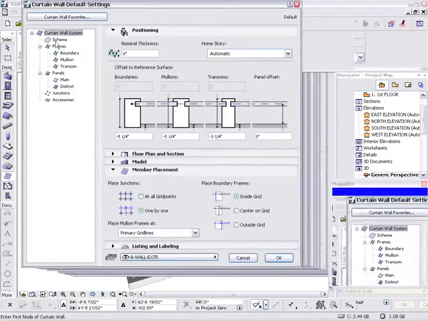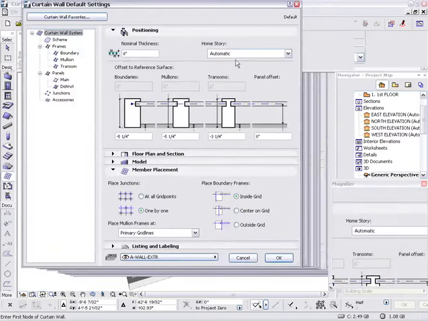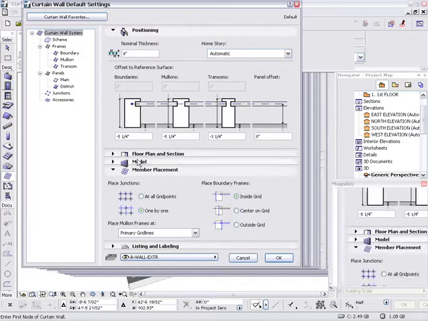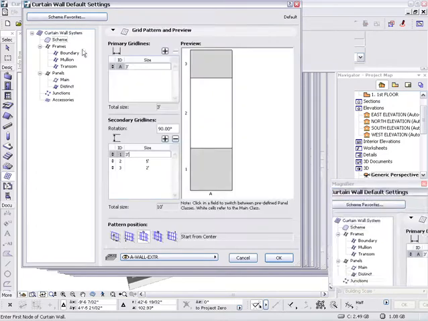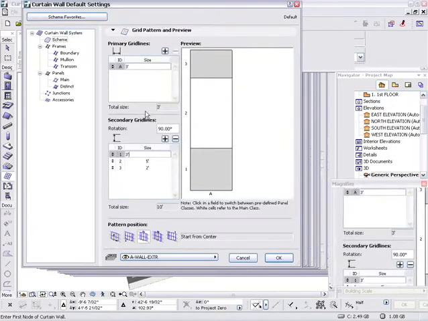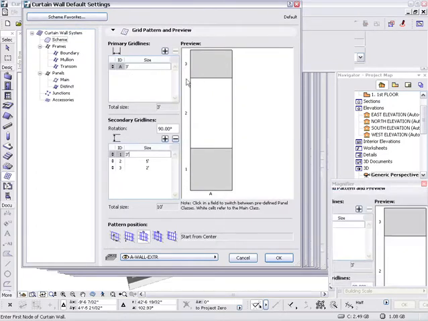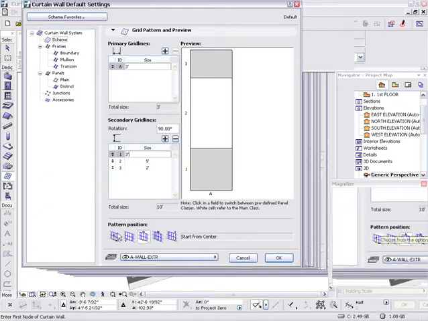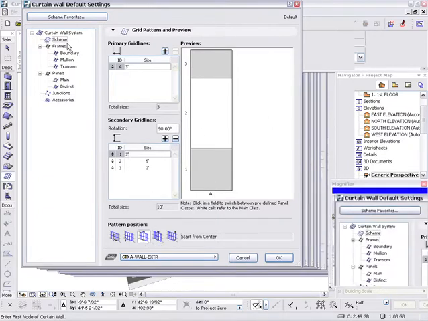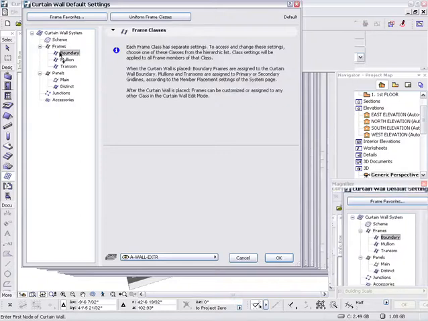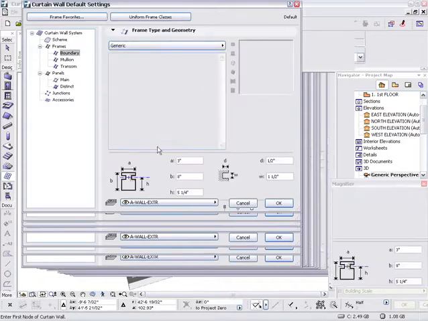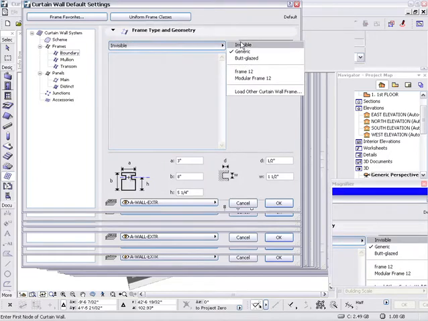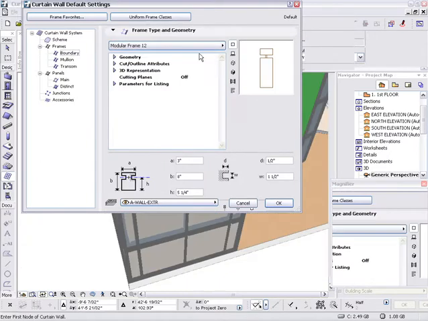And we've already looked at curtain wall system with the nominal thickness, defining home story, how far away the different parts of it are from that series, creating a primary grid lines, which are the vertical grid lines, and the secondary grid lines, which are horizontal, where the pattern actually begins from, getting into frames, so boundary frame, which we've chosen generic, but there are different options available to us,